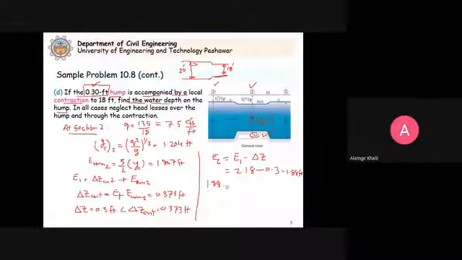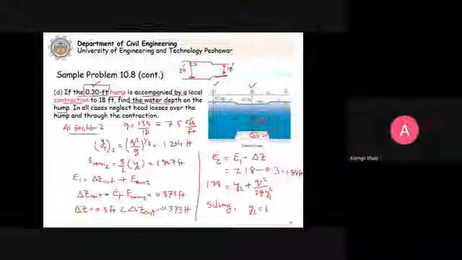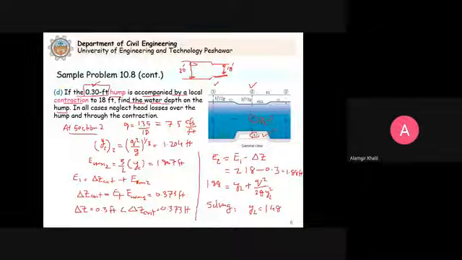Clear? So this will be equal to 1.88, and E2 is also equal to Y2 plus Q squared divided by 2G into Y2 squared. So now everything is known except Y2. So solving for Y2, we will get this Y2 that will be equal to 1.48. This is the answer. When we combine the hump and the contraction, the depth of water over this hump will be equal